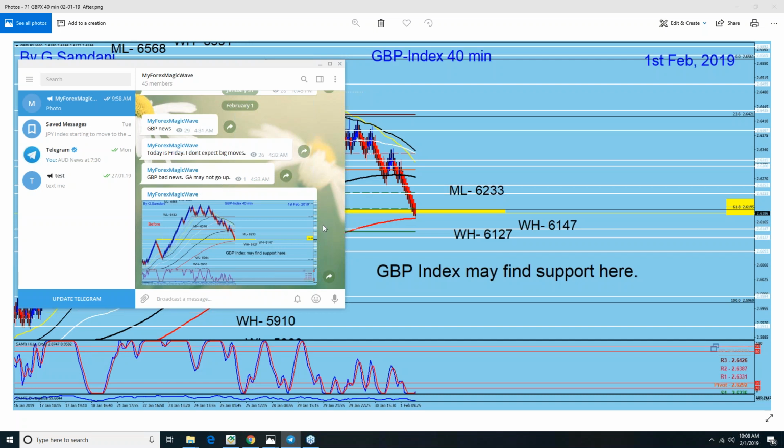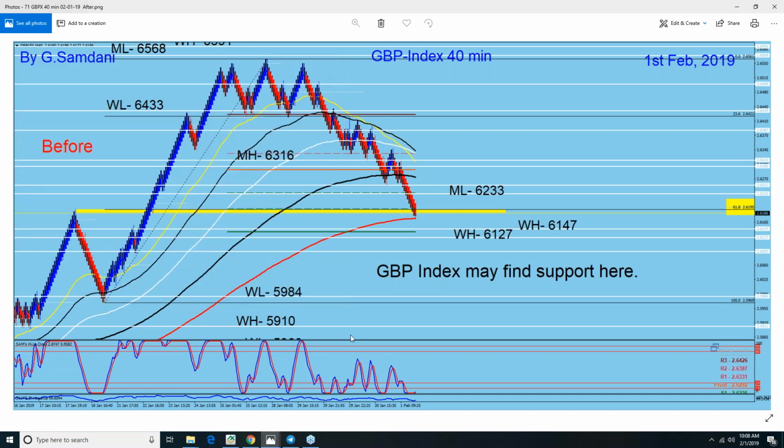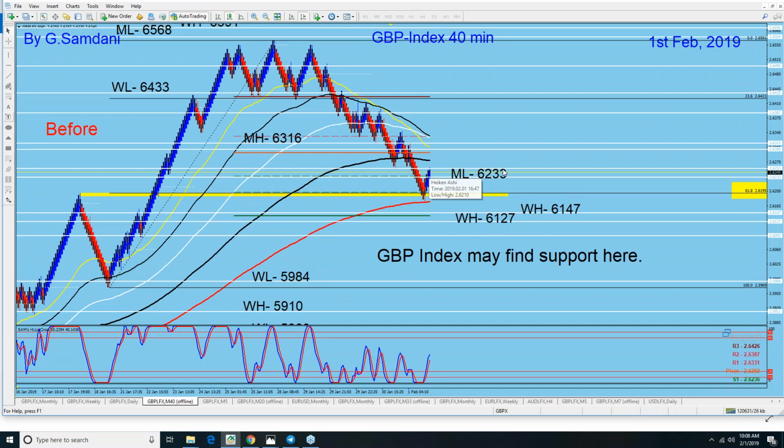I'm not interested in going short right now because I know that this is just a correction and it's going to be flipping maybe next week, right? So this is the chart I posted there, but today's Friday, obviously nothing is going to happen, but still you can see how nicely it started bouncing from here, right? But it got stuck here, and probably we're going to be sitting here over the weekend,